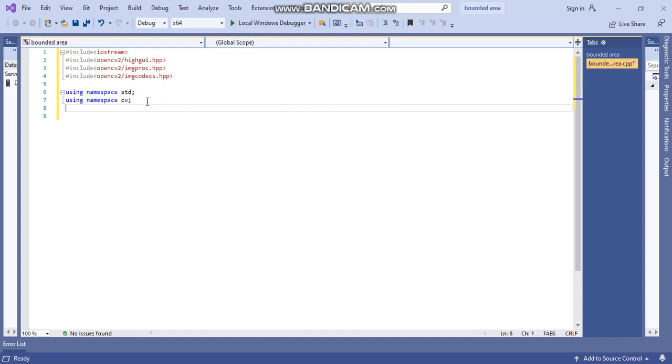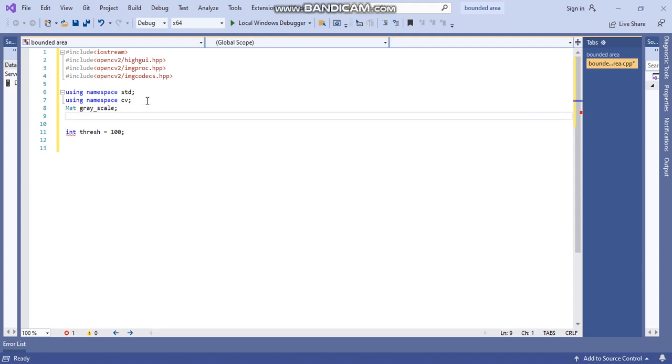Okay, so the libraries have been included. The next work is we need some global variables, like int thresh equals 100, say 100. Another global variable, because contours we will be finding on Canny output, and for Canny output we need a grayscale image. So we'll write Mat, which is the data type for image, so Mat grayscale, right?